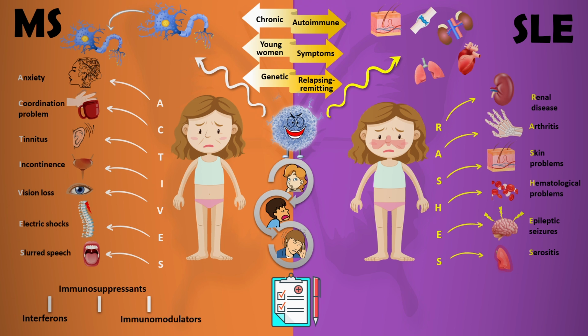Now, if you talk about the drugs or treatments that are used to treat lupus, you can memorize it by the mnemonic NSAID. So the N in NSAID stands for NSAIDs, which are non-steroidal anti-inflammatory drugs. S will stand for steroids, A for anti-malarial drugs, I for immunosuppressants. We also administer immunosuppressants in the case of MS. And lastly, D for DMARDs, which are disease-modifying anti-rheumatic drugs.